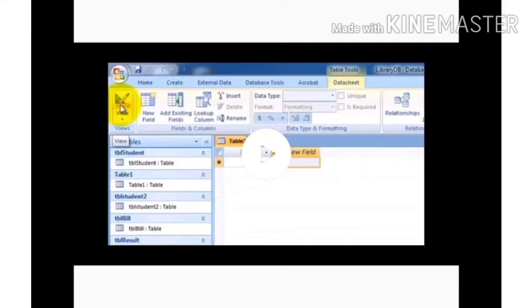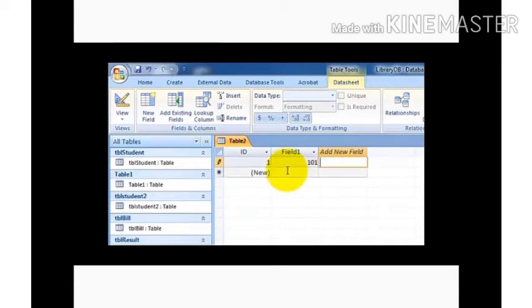Let us understand how to enter data in a table. First step, under the click to add item column and start entering the data. You can enter 101 and then press tab, then type the name, then type another value, then another value. Similarly, you can enter all the necessary information in this table. This is the first row.